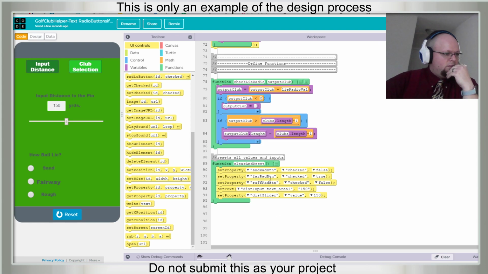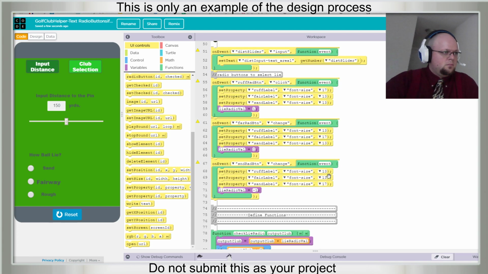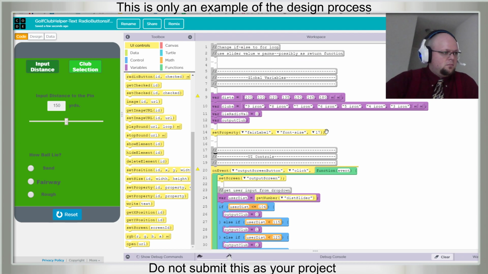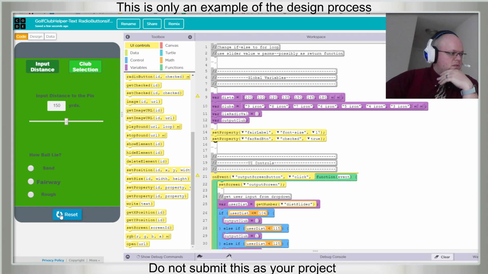Yeah, you want the set property checked true, I guess, right? For fairway, fair radio button checked is true. Oh, this is the clear. Yeah, that's a clear function, so you've got to just throw that up there. Okay, so this is just brute forcing it. Or we put that in a function of itself and have it call that function.